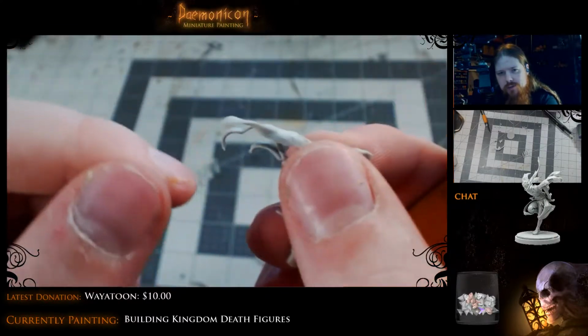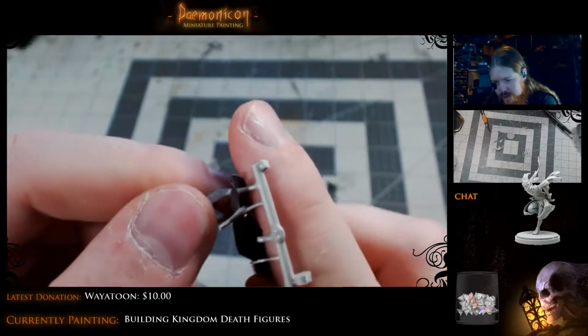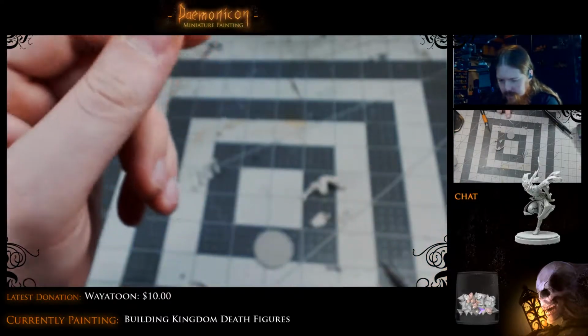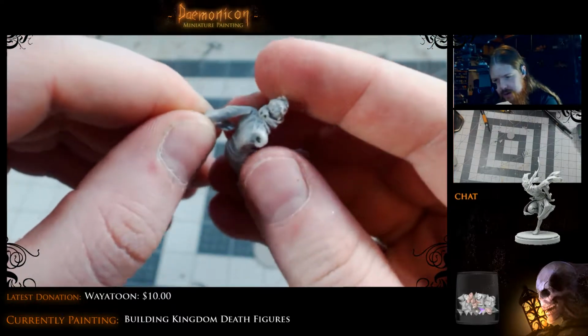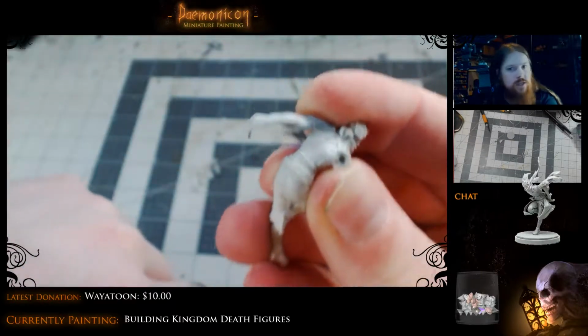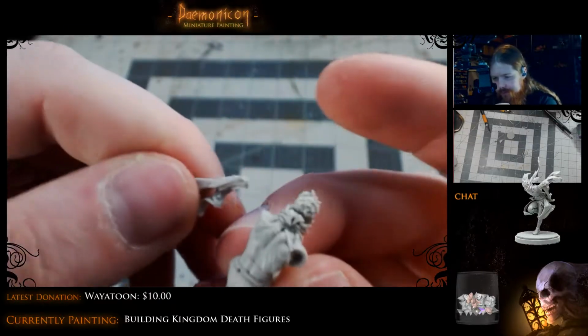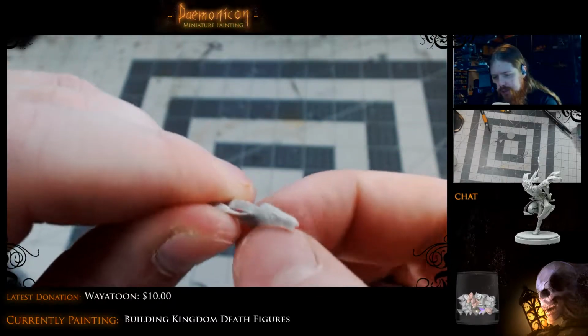This goes over his left shoulder, and it looks like it attaches right here. I'll show you in a second. Looks like it attaches right here. So it would only attach at the one point, just like that. So should be fine. We'll know for sure in a second, but